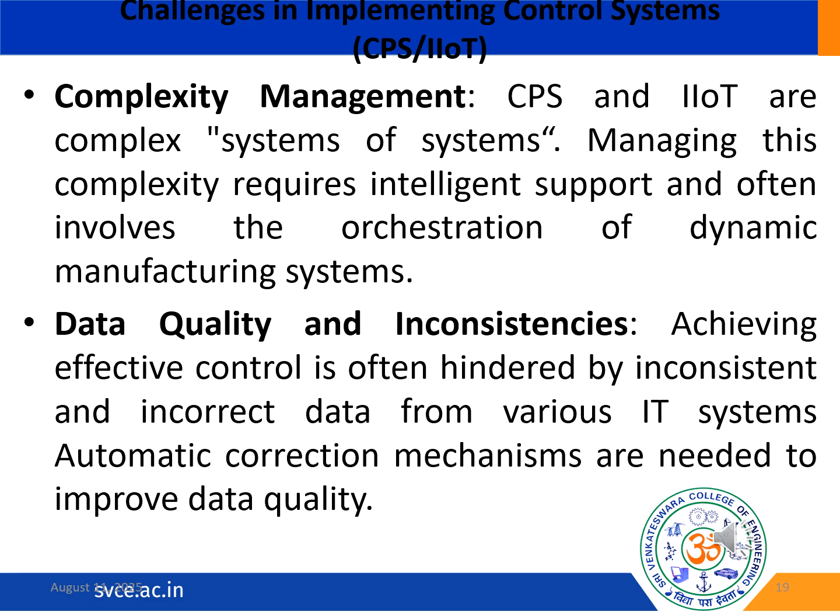So next, moving on to data quality and inconsistencies. Achieving effective control is often hindered by inconsistent and incorrect data. In order to improve the data quality, inconsistencies in the recorded production data can be automatically completed, so repaired by the use of probability functions. It can show the influence of inconsistent data, so that it can run on systems, and it can provide simulations also. So we have two types of simulations.